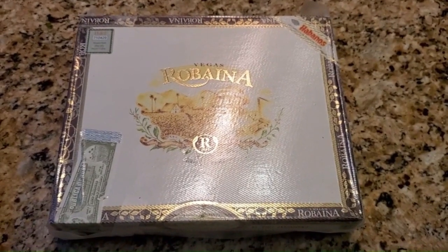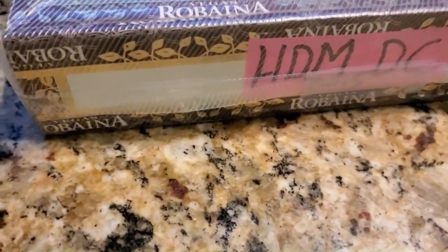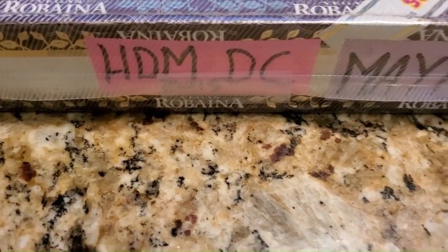This is an example of a box that has been vacuum sealed now for quite some time. I chose this box for a few reasons. One, I'm going to open and smoke this immediately. Now the box is obviously VR, but what's inside is some ACM double Coronas